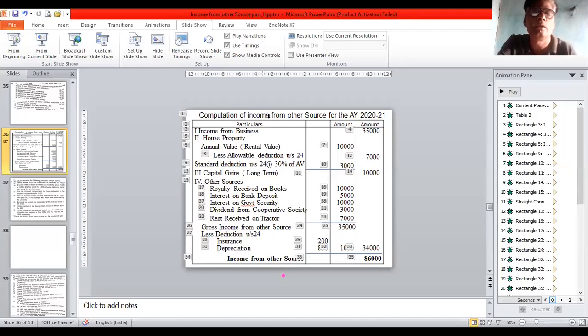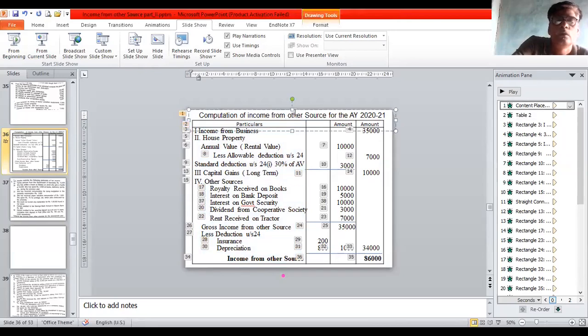Computation of gross total income for the assessment year 2021.